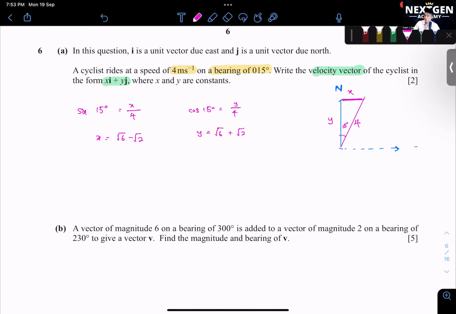But if you want to be safe, just change it. It's just that later on the questions, I think it will affect. But I would prefer actually writing it as 4 sine 15 degrees, and this one write it as 4 cos 15 degrees. I just write all the values down just in case. This one 1.035, 4 cos 15,